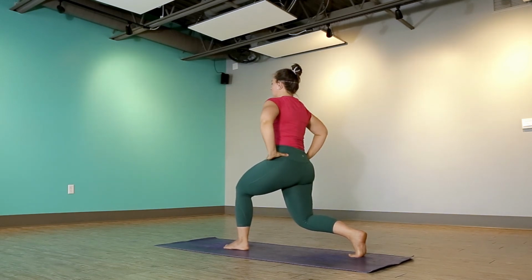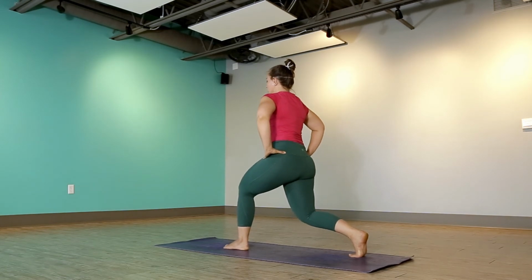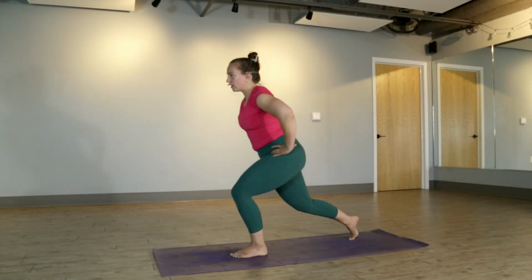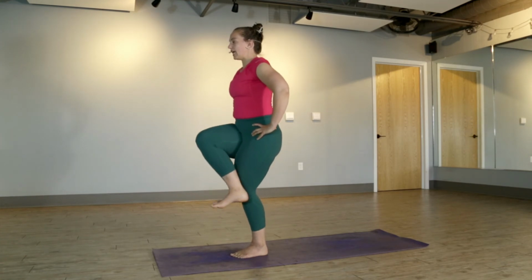Right heel is lifted as high as you can, and you're up onto the right tippy toes. Find a nice big bend into that left knee, but if you have to lift up a little bit higher, that's okay. Breathe in. Start to shift your weight forward. Bring your right leg all the way forward to a stand, and then wrap your right leg around your left